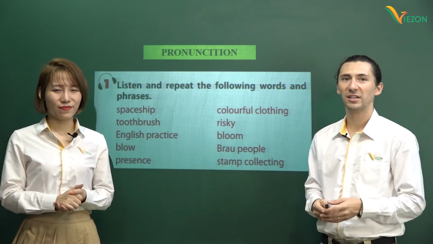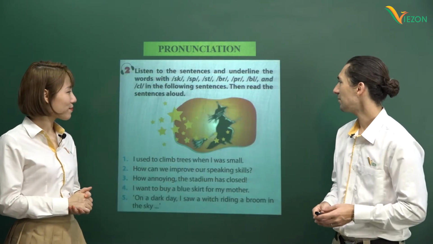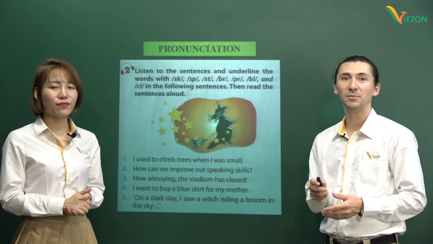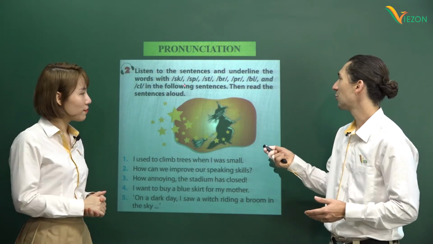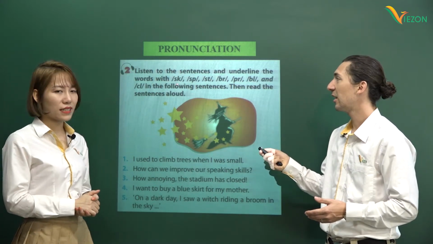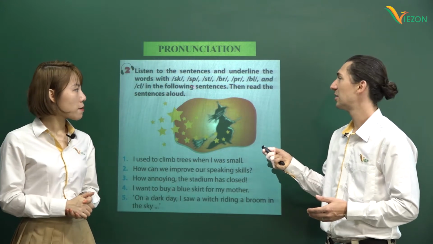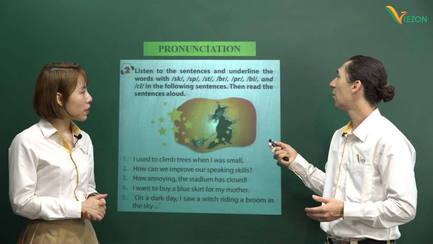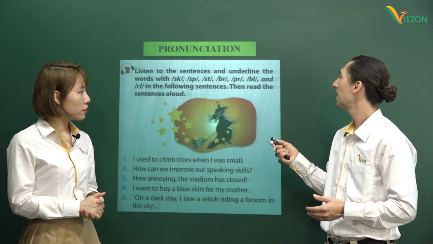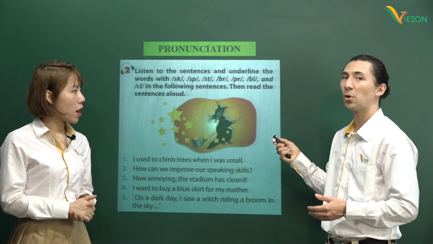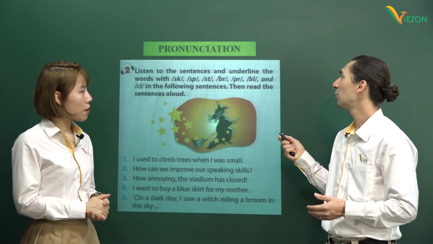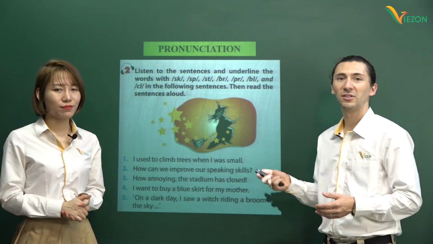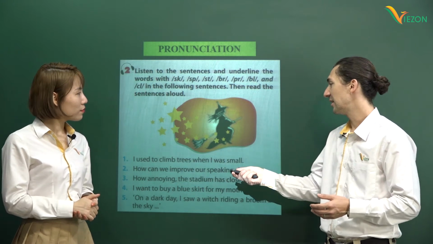Very good. So let's continue with the pronunciation. So throughout the units, we've seen many different 2-letter sounds that sometimes are pretty complicated to pronounce. The sounds we have are the SK sound, which is sk, SP sound, which is sp, ST sound, which is st, BR sound, which is br, PR sound, which is pr, BL sound, which is bl, and CL sound, which is cl. So with these sounds, we have some sentences written here.